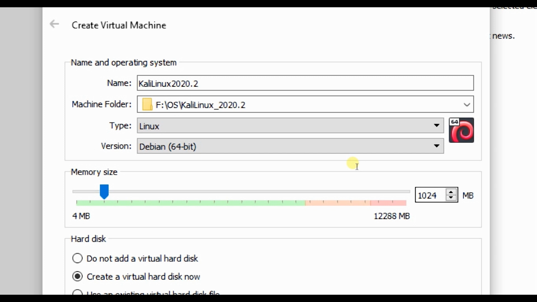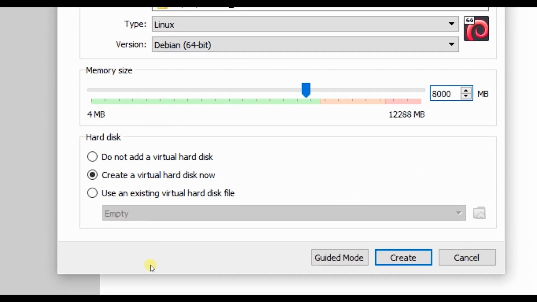If you have 4 GB RAM, then this configuration is good enough for you. But if you have 8 GB RAM, give 3.5 or 4 GB, and if you have more RAM, select accordingly. So here I will assign 8 GB RAM.